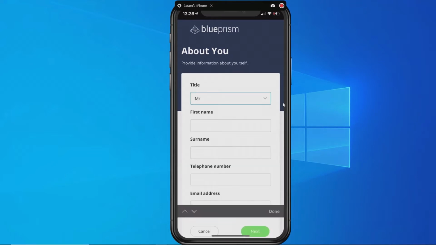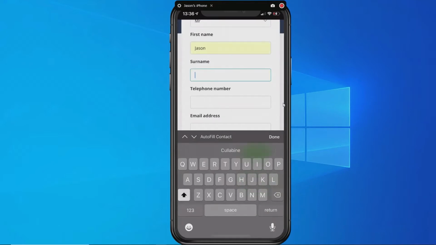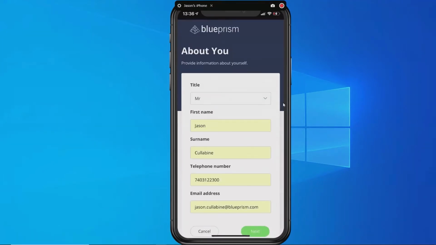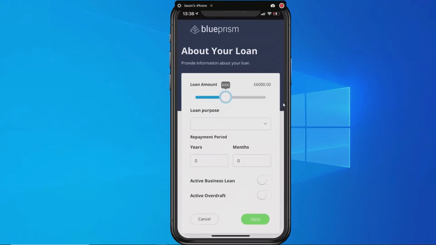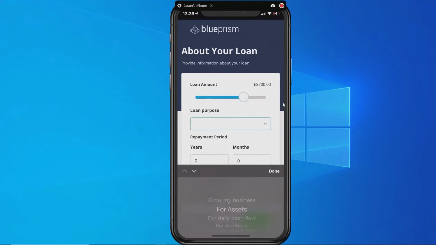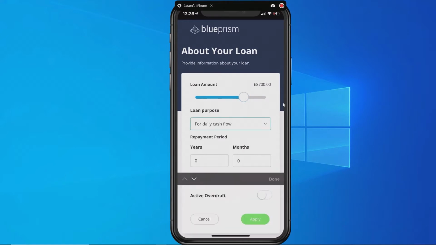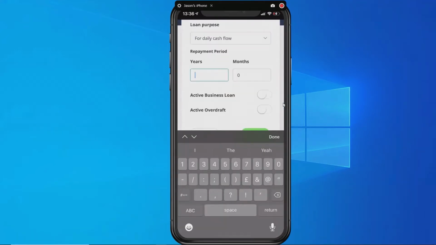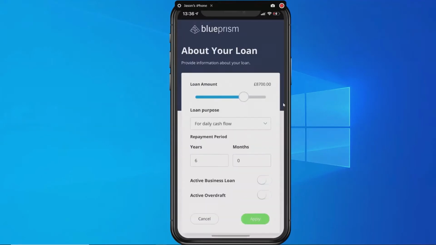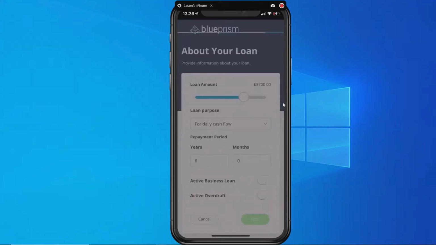We'll then go ahead and fill out all the applicant specific details, and we'll move on to the loan information. So over here, we can select how much it is we want to borrow. Let's say it's £8,700. Let's say we want to use that for daily cash flow purposes. And we can also select the duration of the actual loan. We don't have any other active business loans or overdrafts. So we're just very simply going to go ahead, click apply,